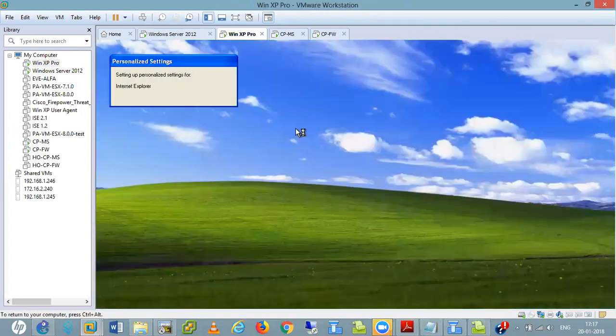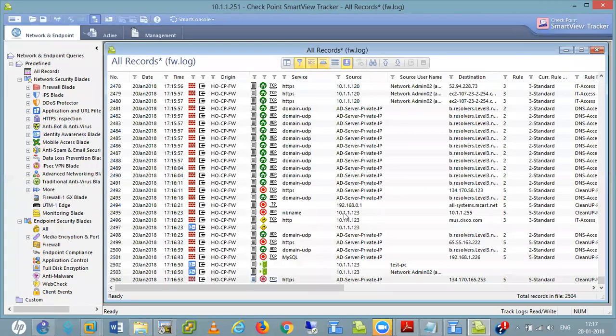It silently gets the access directly. See, 4113. These are the things.